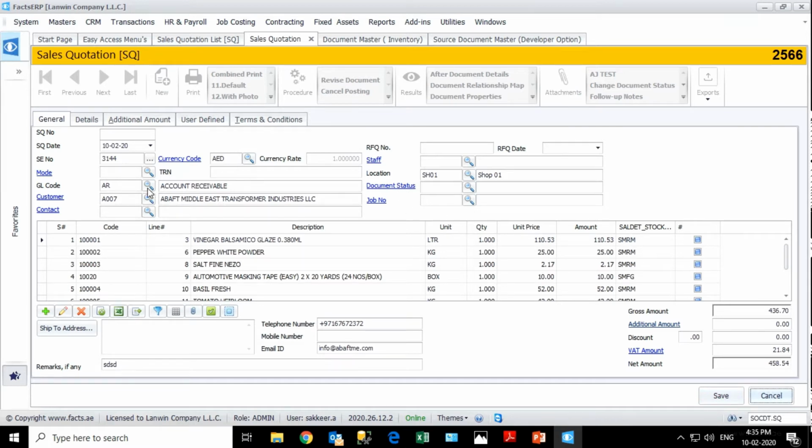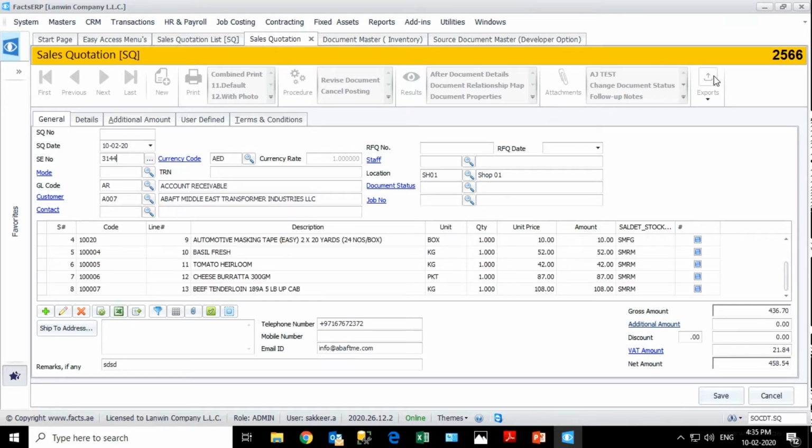So the user can use this in some special cases. He can use copy to new document and change it. Maybe in 8 line items there is only one change. So he can simply use this export option and change the document.